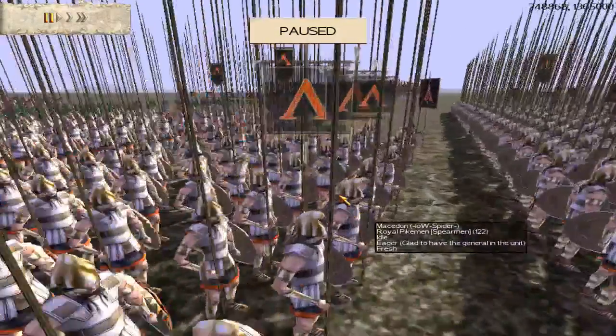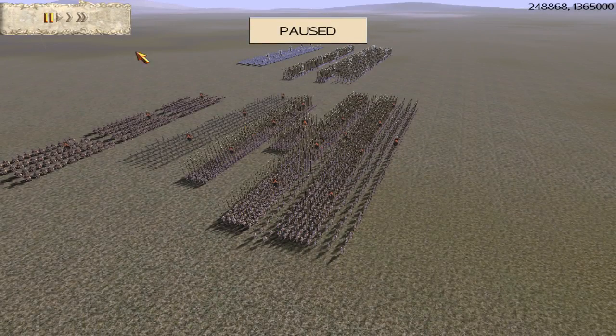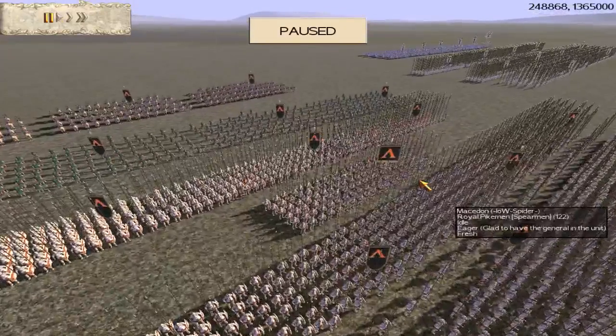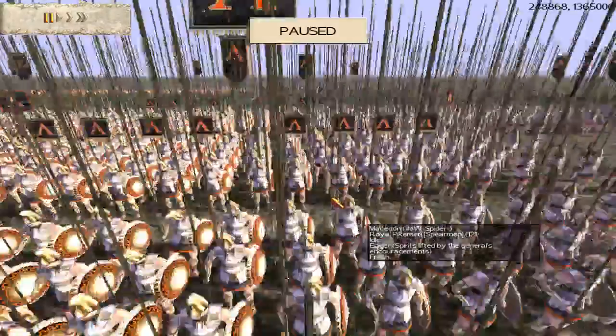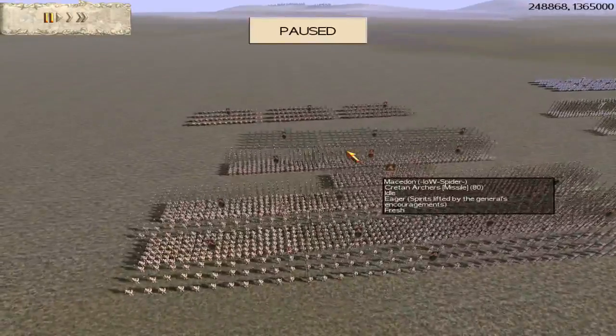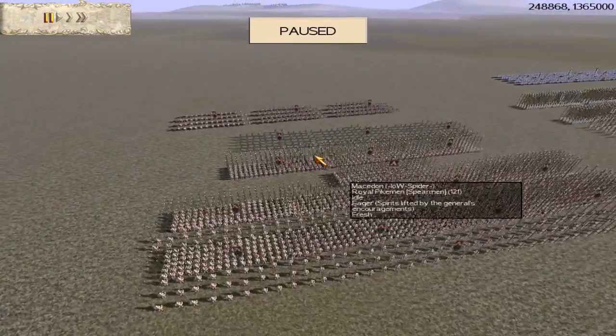He put his general, what looks to be in the middle of his army. This is so he could provide an extra morale boost. Also, he's put a few upgrades on his general and the units in the back. I'm guessing those are his elite reserves. Okay, so he's brought